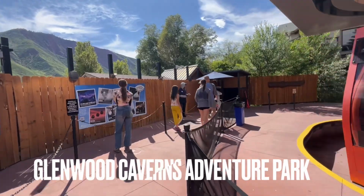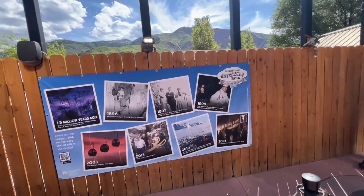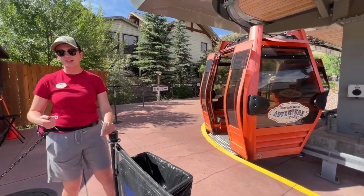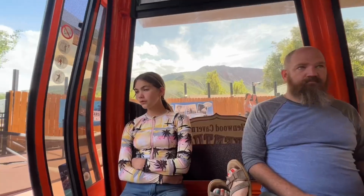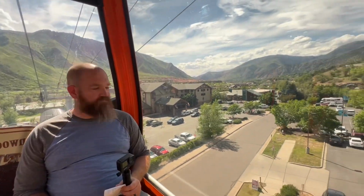We had a little time to kill after our horseback riding adventure before we headed to the hot springs, so we decided to take a gondola ride up to the adventure park at the top of the mountain. This is actually a free gondola ride because they usually expect you to be entering the park, but we decided to just turn around and head back down in order to see some amazing views of the entire town and